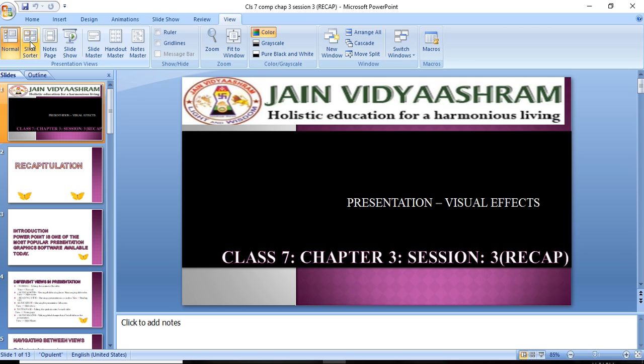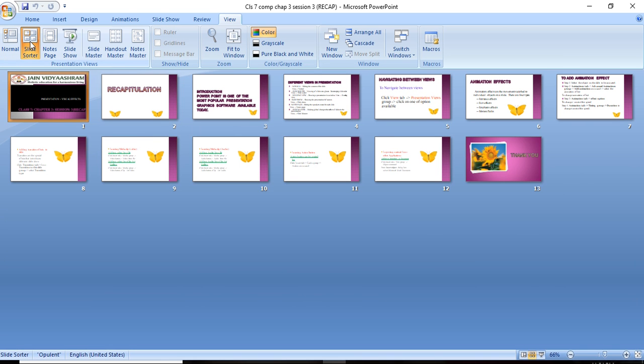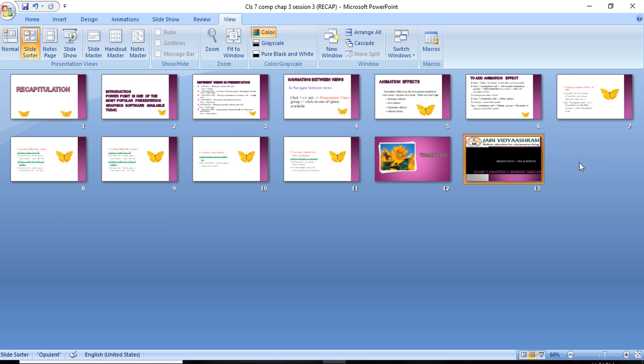The second view is slide sorter view. In the slide sorter, all the slides are arranged in order. Mainly this view is used to rearrange the slide order. For example, you can drag a slide and keep it in any order.